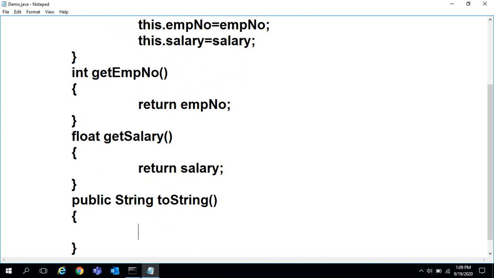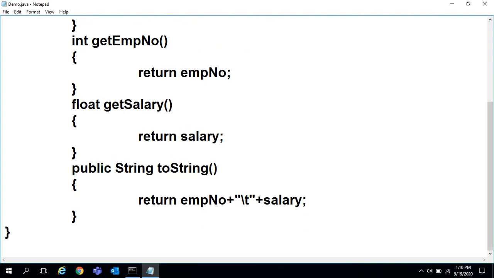So here the Employee object contains employee number and salary. These two I'll concatenate as a string and return. So return this.employeeNumber plus \t plus salary. Now employee number and salary are concatenated as one string and returned.